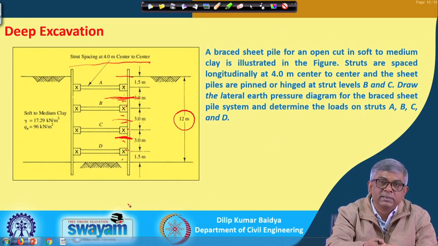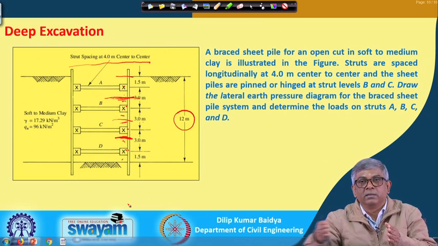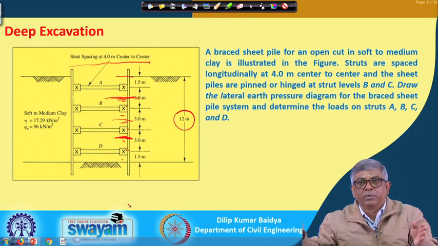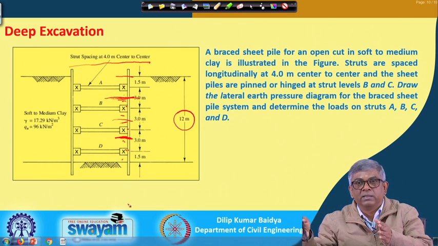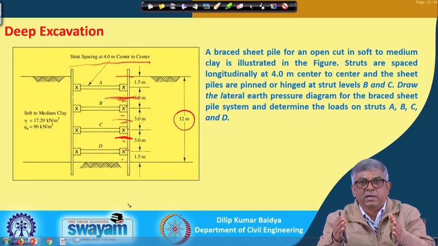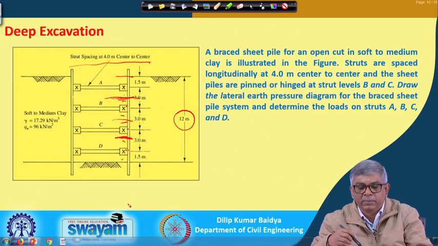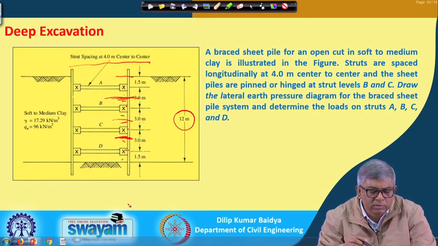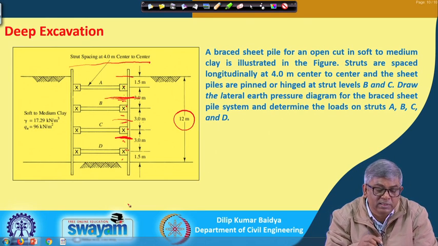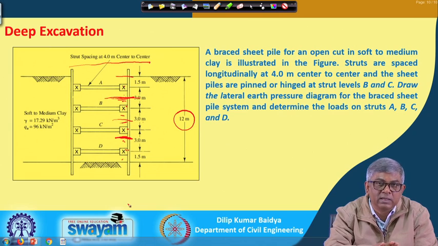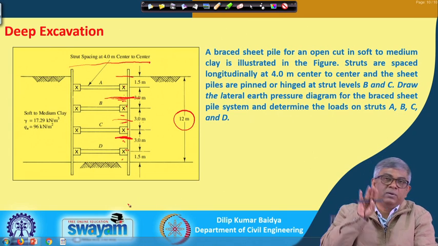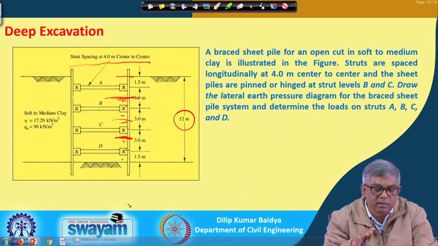So, like that vertically we are taking 50% this side, 50% other side. Similarly, when there is a spacing laterally, at 4 meter interval, that means for each strut we consider 4 meter width. So, that another 4 will come. That one has to keep in mind. These are the things, that is the geometry. If I could have done 3 dimensional, then this wall could have been continuous, I could have seen perpendicular to the board.